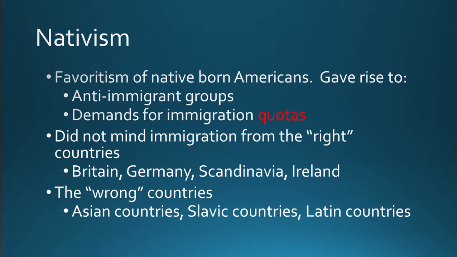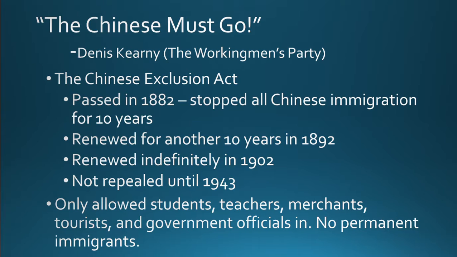So now, what happens with the Chinese and this instance that we came about with not wanting people from Asia? In 1882, we passed the Chinese Exclusionary Act. This was passed by Congress, and this is going to stop all Chinese immigration from coming into our country. Now, it's going to only be a 10-year period, but it's reviewed in 1892, and then in 1902, it's renewed